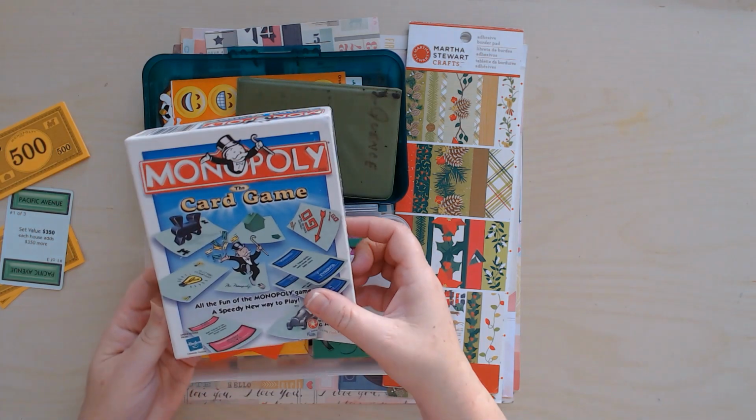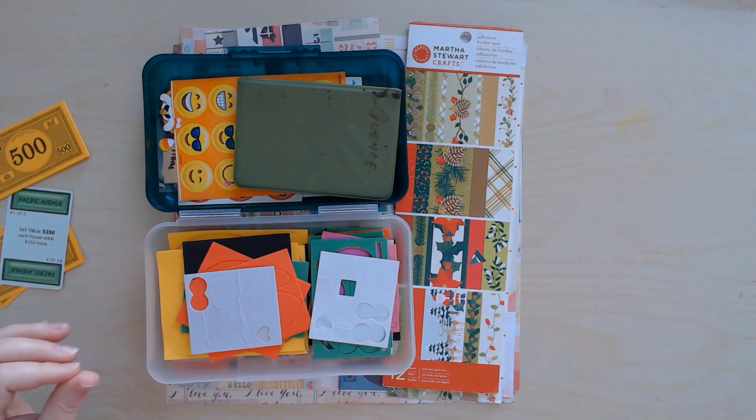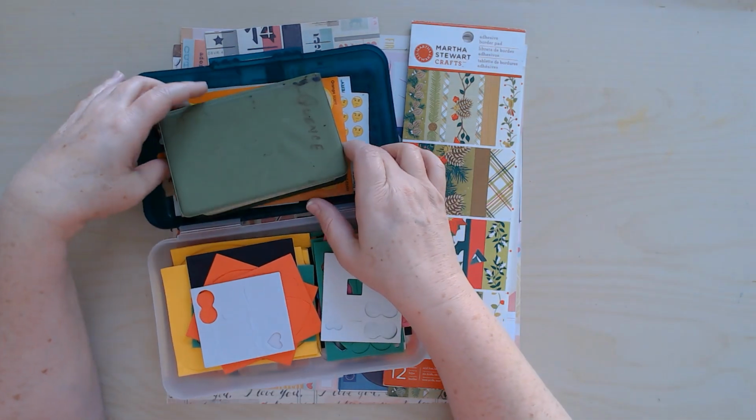And then the box I'm just going to throw out into the recycling. Sorry about that, minor glitch. So then the next thing I got was this